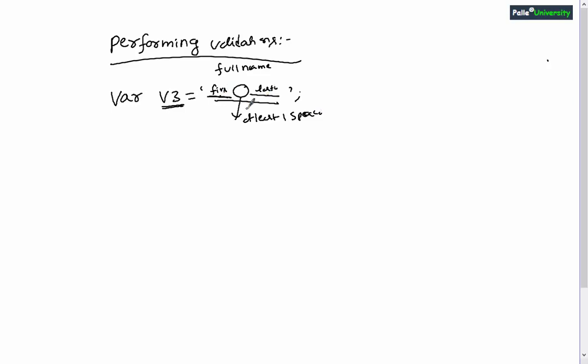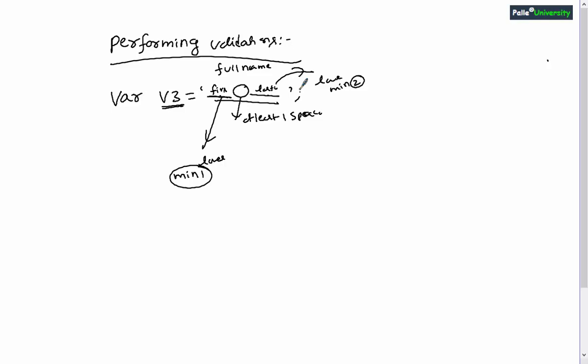I want the first name to be present in lowercase characters and last name to be present in lowercase characters. For first name, minimum one character is required, and for last name minimum 2 characters is required, right? So it can be more than that also. In between first name and last name at least I need one space.